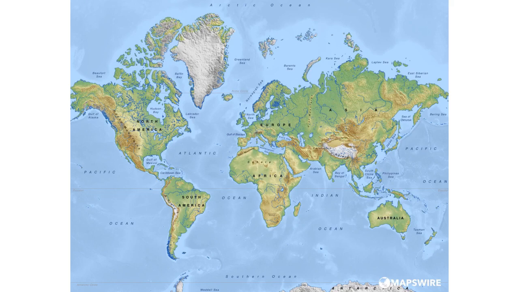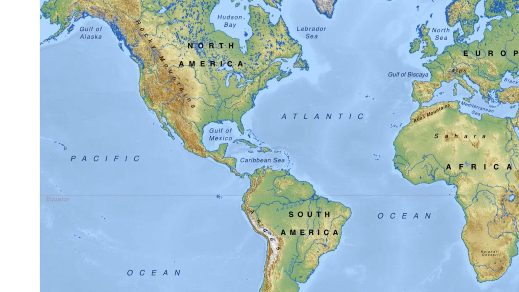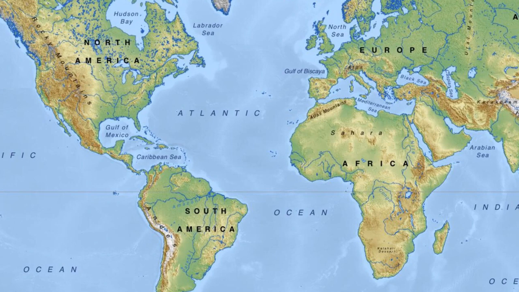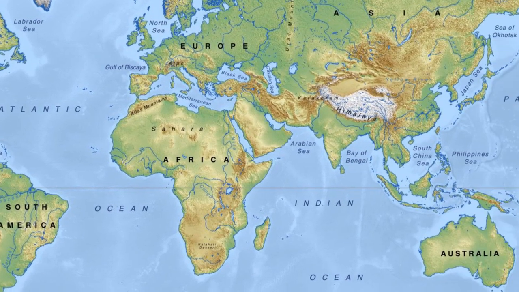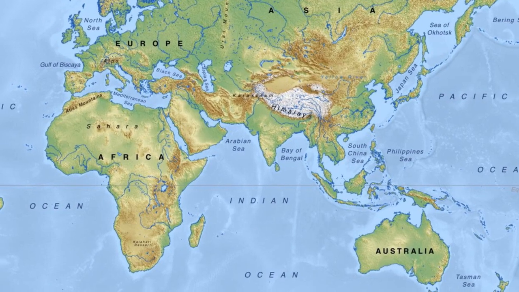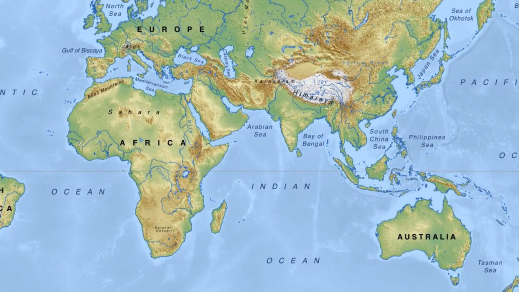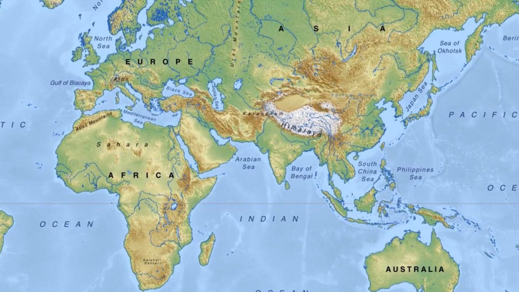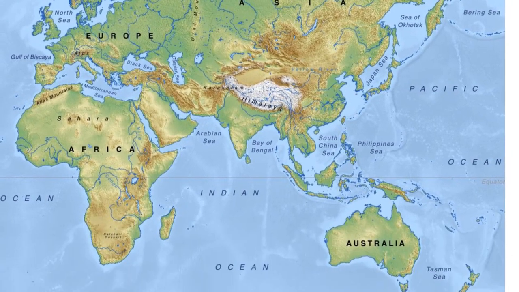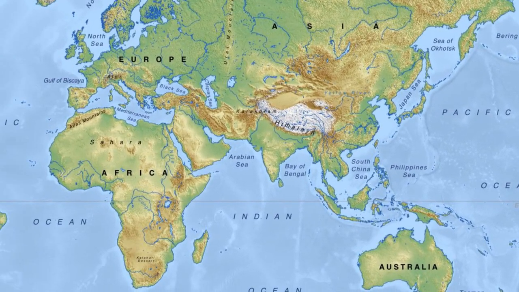And let's just start here with the map of the globe, and this is all of your continents and all of your oceans. So you can see if we zoom in a little bit, you've got North and South America, and on one side is the Pacific Ocean, and the other side is the Atlantic Ocean. And moving over, we have Africa and Europe, two more continents. And then there's a lot of little seas here, but here we've got the Indian Ocean, and we have Asia, the Asian continent, Australia, Pacific Ocean again, and then